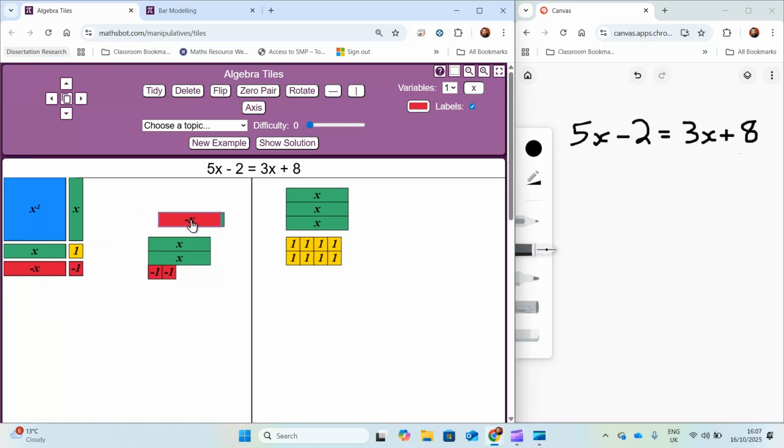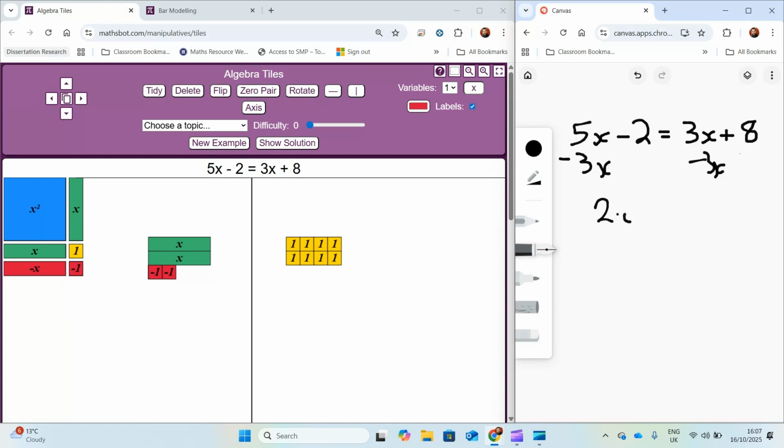and then I'm going to remove the three x's on the other side of the balance. There we go. And I can record that, doing that in the abstract, and this is the sort of recording that we'll do with students all the time, that we've removed three x's from this side, and we're going to remove three x's from this side, and we can see that what we've got left, it's not great writing there, but there we go. What we've got left on the left-hand side is a